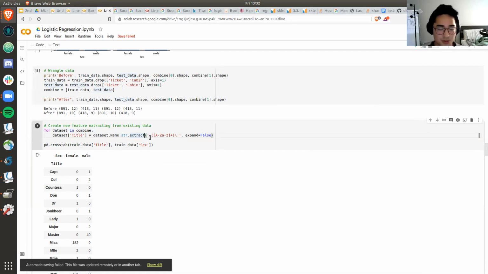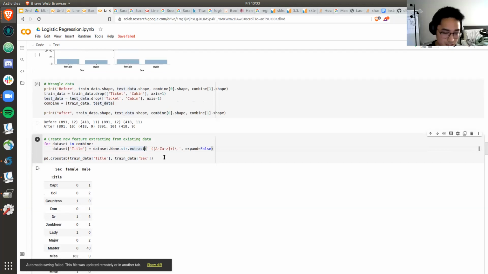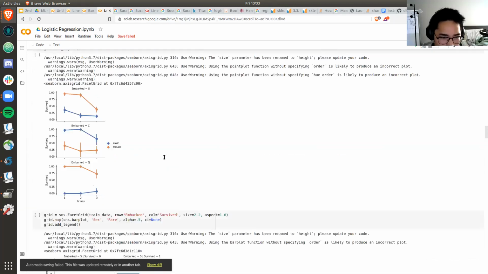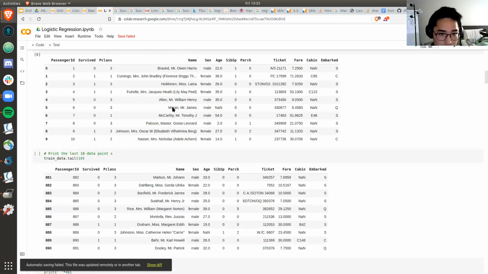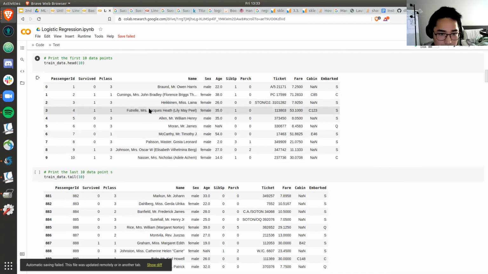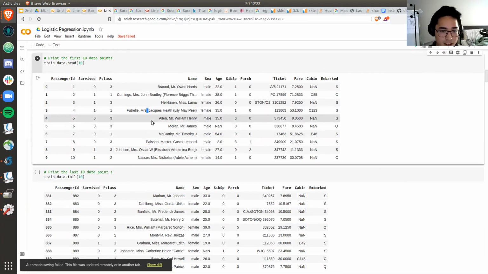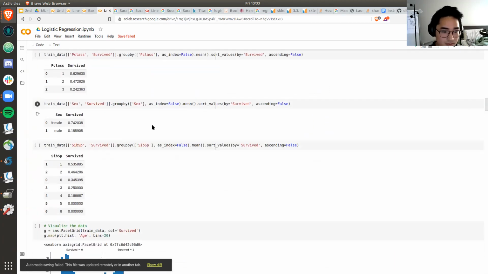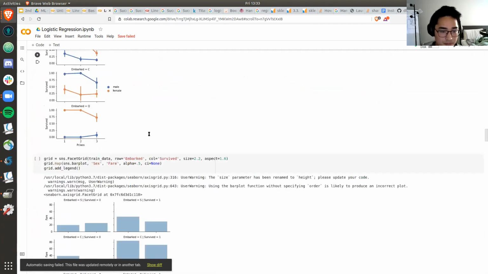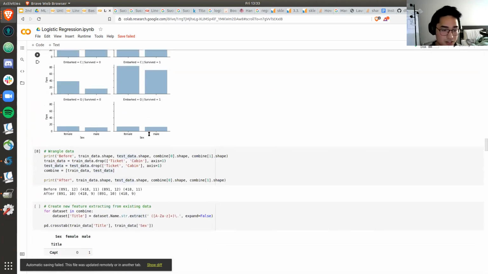Now I wouldn't say the surname. It's pretty much how people would address you. Is it Mrs., Countess, Don, Doctor? It looks for those names. And if we look back in our previous data, you would see that people had Mr., Mrs., Miss. So basically, in the name, it looks for a dot right here. And once it finds that dot, it'll extract that string and add it into our column data.